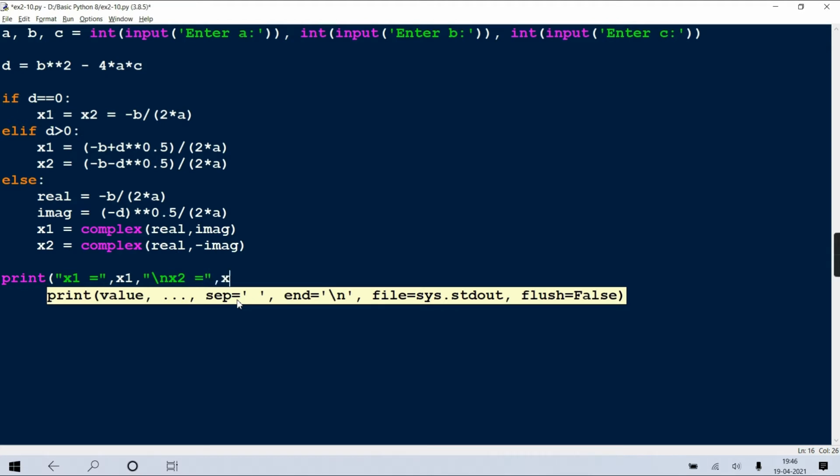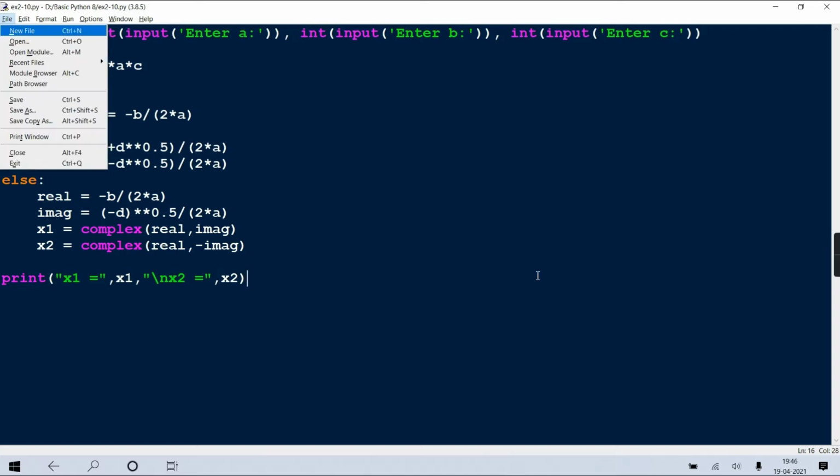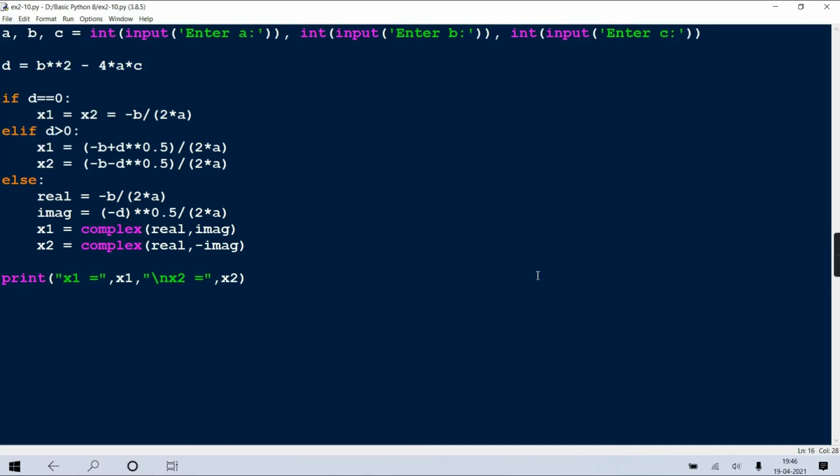Whatever x1 or x2 is, whether it has gone in the if part or the else, if it has gone in the if, it will be x1 x2, otherwise this or this. Whatever x1 x2, it will display on the monitor. Okay? Is it clear?